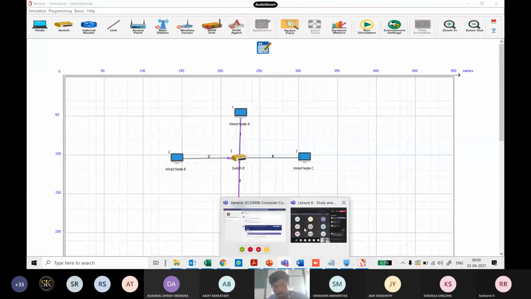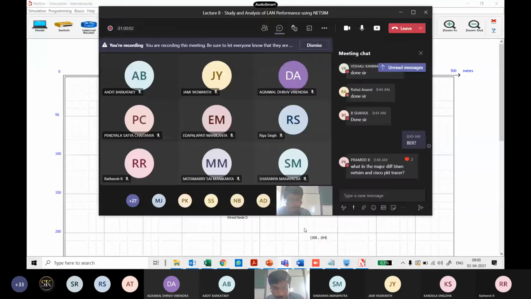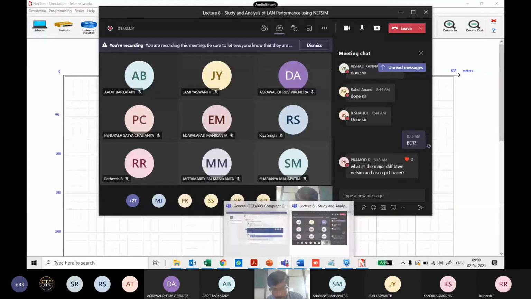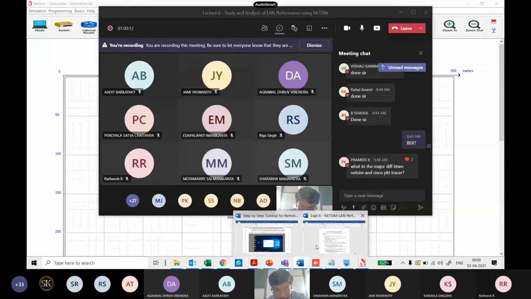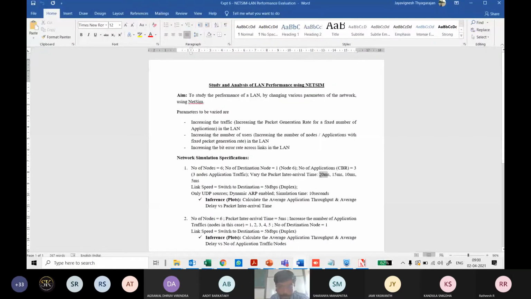But if I keep reducing this value of my intra-arrival time, I know that I will generate more traffic. So what you're typically doing is, in the first iteration I'm showing you, by default we have it at 20 milliseconds. But in your next iteration, you will change it to 15 milliseconds, then to 10, then to 5. So if you change it to 5 per node application, what's the rate you will have to calculate? But I have made my task easier. I am making your task difficult because I am now sticking to only one application.